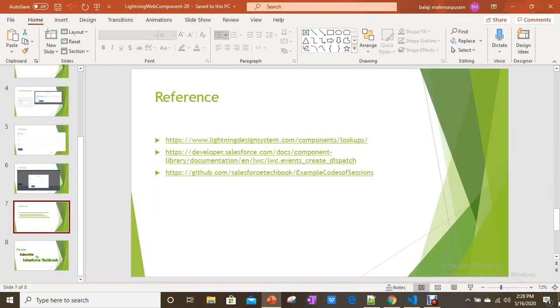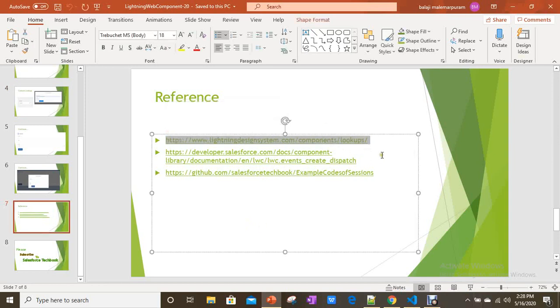You can see how we can use Lightning Design System in the link here under references. I will give these references under this video in the description. You can have a look here. And about event dispatching or custom events also, in the previous session I already explained how we can provide communication between components from parent to child and child to parent by using custom events, parent to child by using public property or public methods, and between components on the same flexi page by using pub/sub module, pub/sub utility, or pub/sub pattern. So you can have a look here.